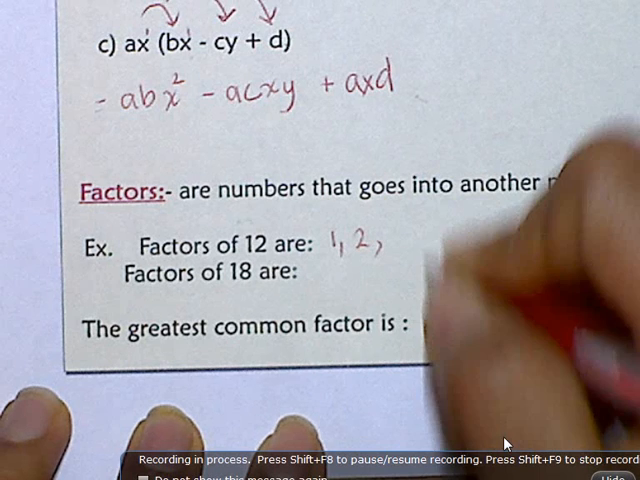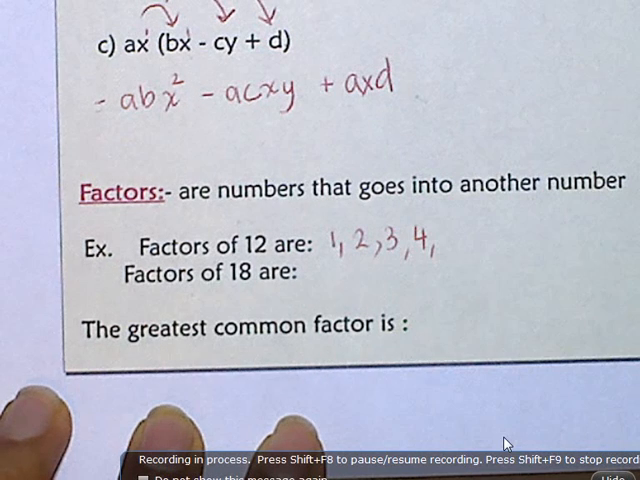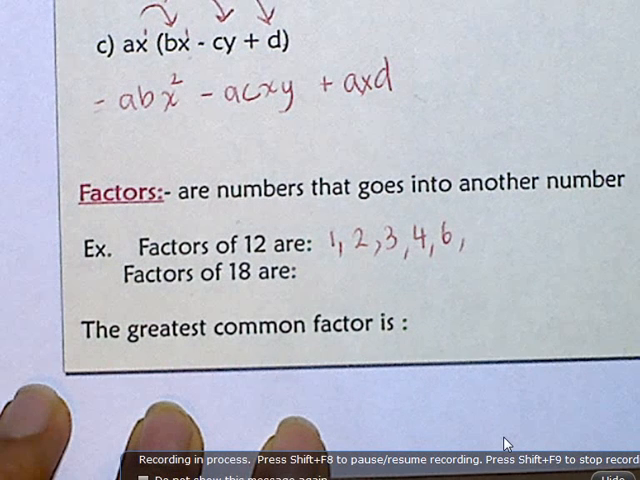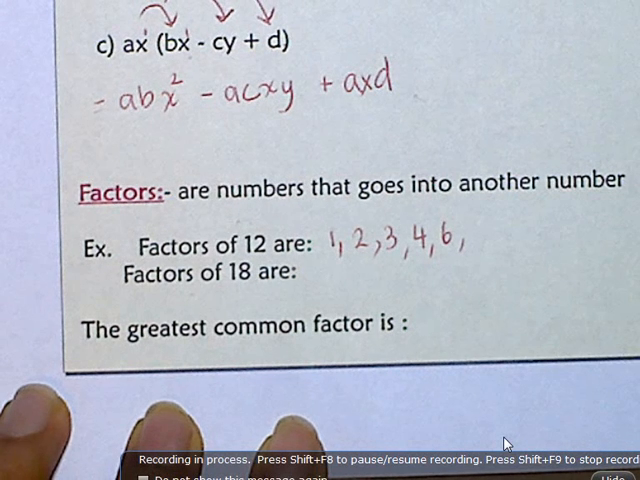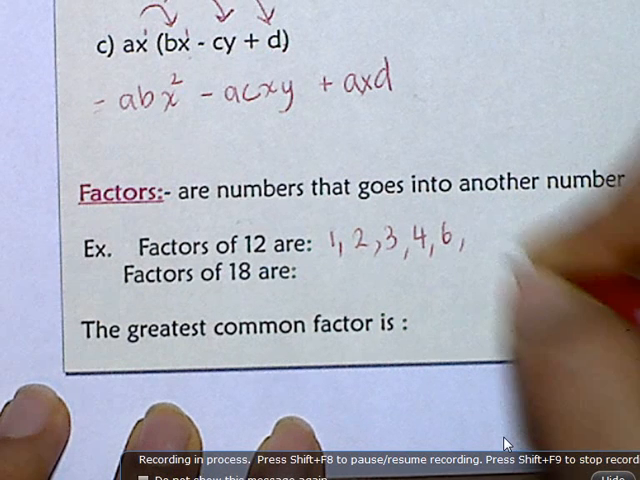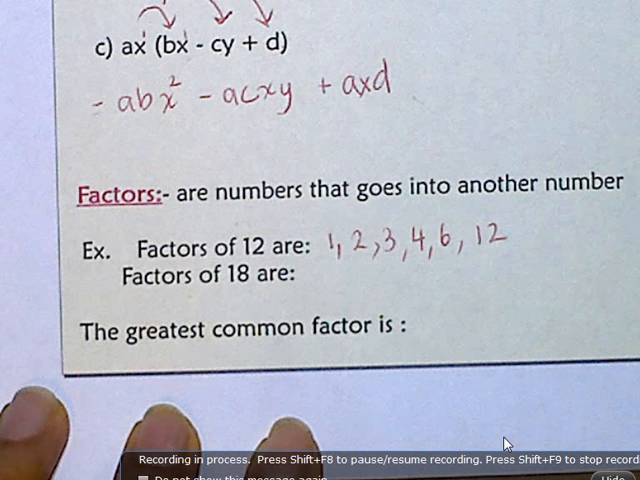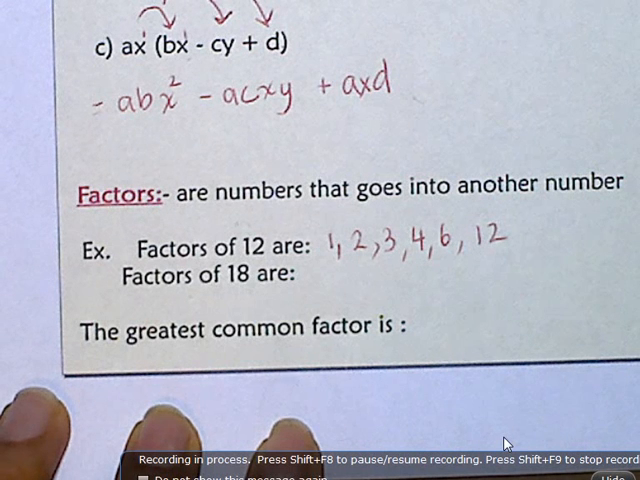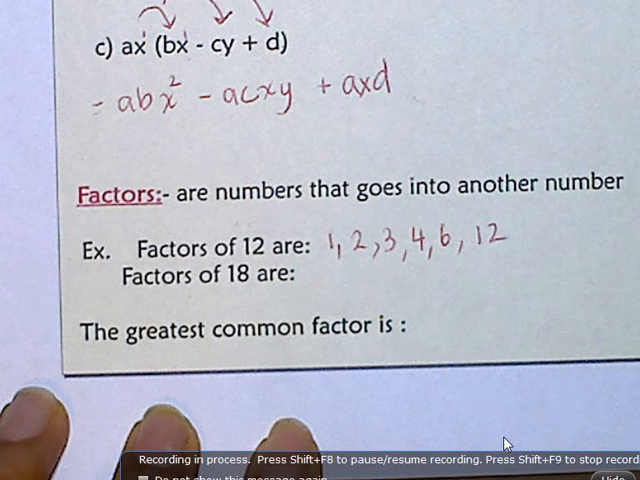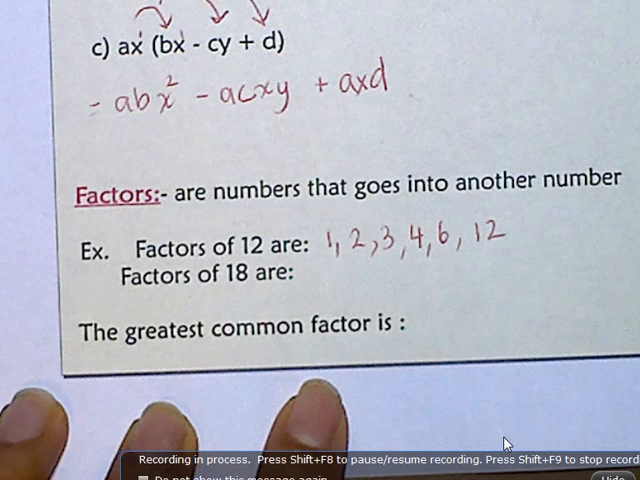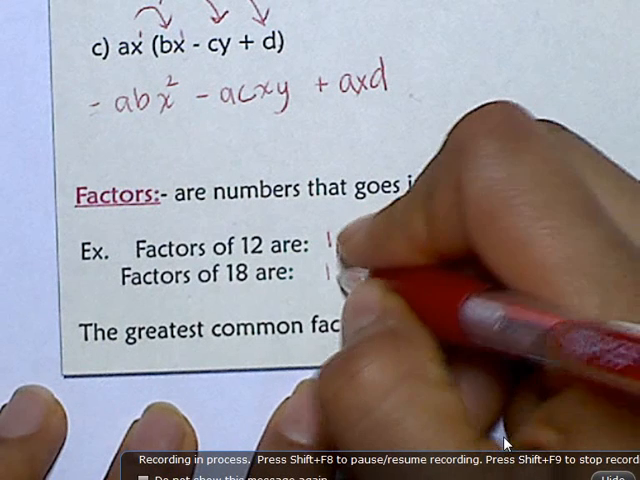So factors of 18, we're going to go ahead and list the numbers out again. 1 goes into anything. 2 also goes into 18 because 2 times 9 is 18. 3 goes into 18. 4 does not because 4 times something will not give you 18. It does not go into 18 evenly. 5 does not. 6 does. 6 times 3 is 18. 7 does not. Neither does 8. 9 goes into it. Not 10, not 11, not 12, not 13, not 14, not 15, not 16, not 17,